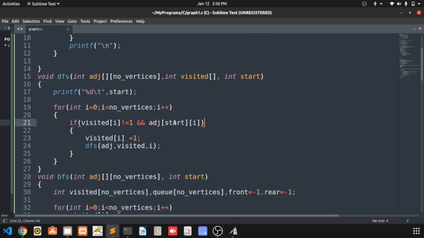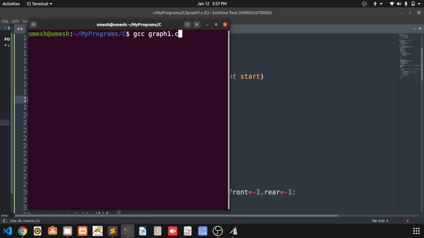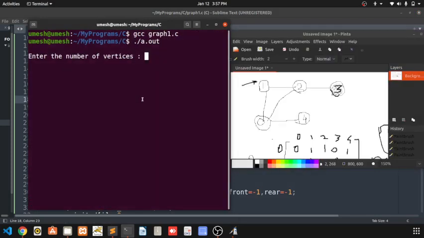Okay, this is my previous program. That was my previous program. I am just referring from it. So what I have done is I have just printed start, but the visited of that start should be 1. Now it should work fine 100%. Okay, again compile, run,